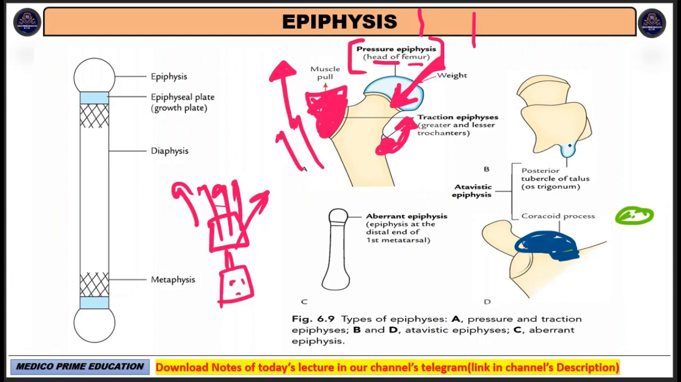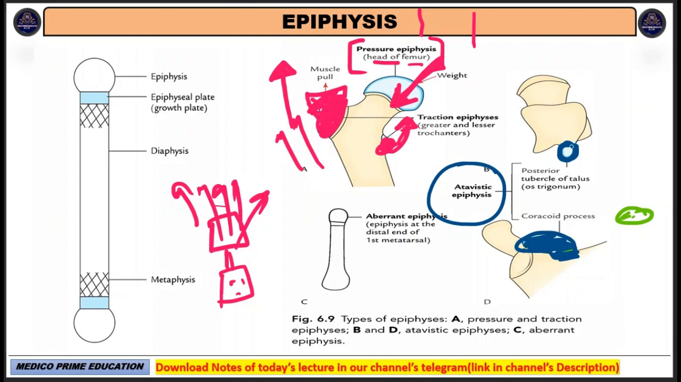Some also posterior tubercle of the talus. How is the posterior tubercle of the talus formed? It may be asked in your viva question also, कि how coracoid process is formed, how greater and lesser trochanter is formed. Okay, so this is all about the atavistic epiphysis. So what we have to learn is about the atavistic epiphysis. In the atavistic epiphysis, we have to remember that